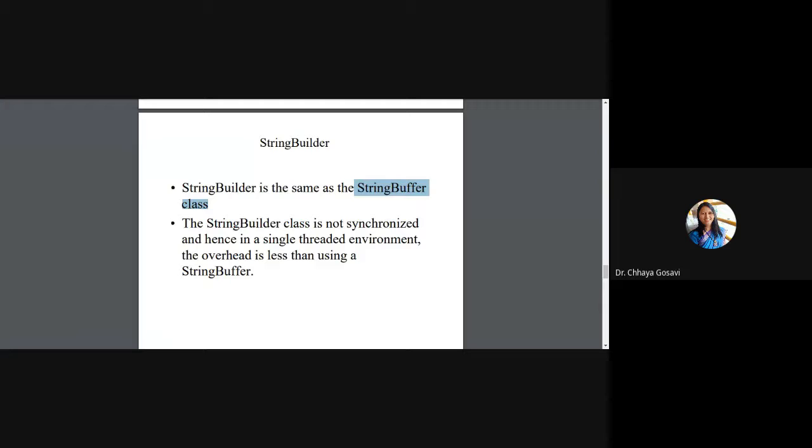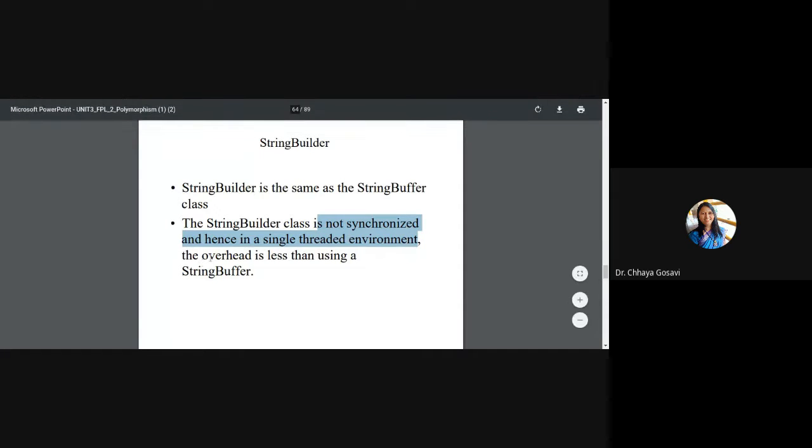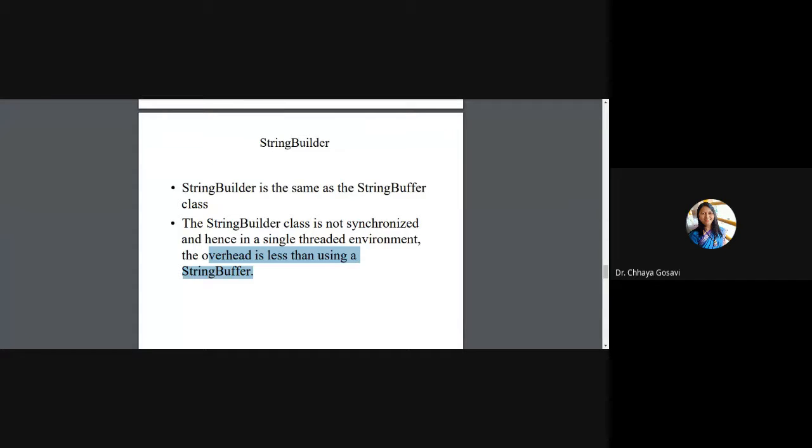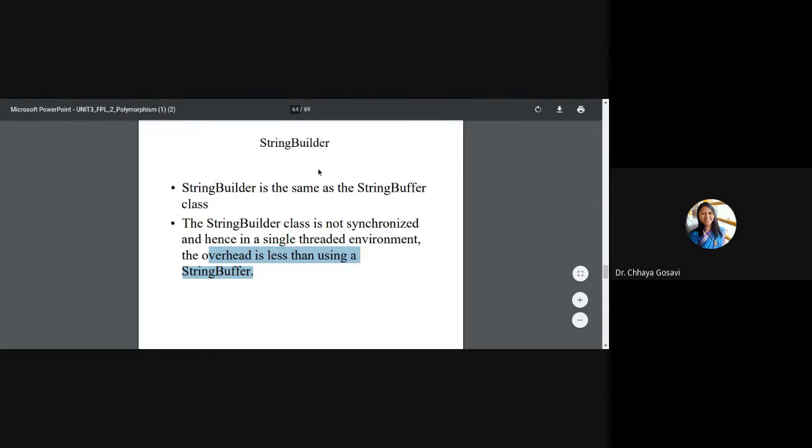It is used in a multi-threaded environment and has the overhead of locking. But the StringBuilder class is not synchronized, so it is used for a single-threaded environment, like your assignments. So the overhead is less than StringBuffer. If you want to manipulate strings, instead of StringBuffer you can go with StringBuilder.